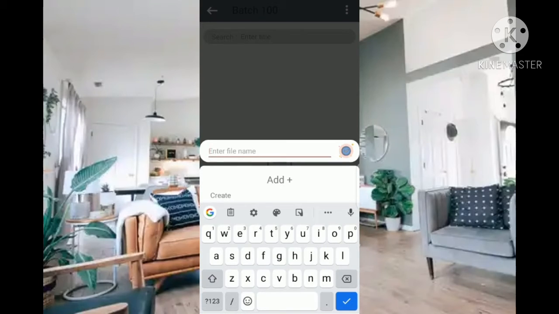Now, first of all, I want to say that when you are naming a file, you don't give gap. For instance, if I want to say my first project, this is a wrong way of naming a file. You don't give gap, right? Even if you want to type 70 words, you type them in form of one word. So it's going to be myfirstproject. Can you see? Like that,